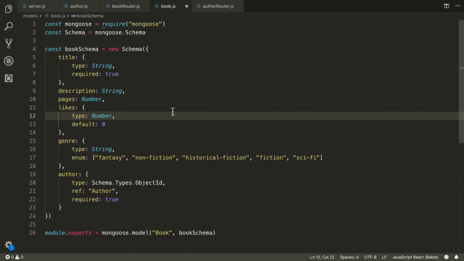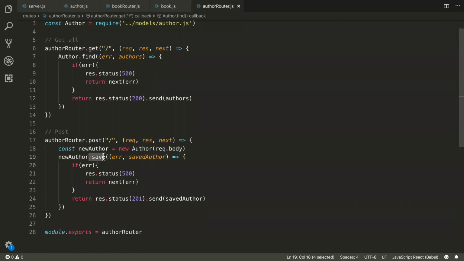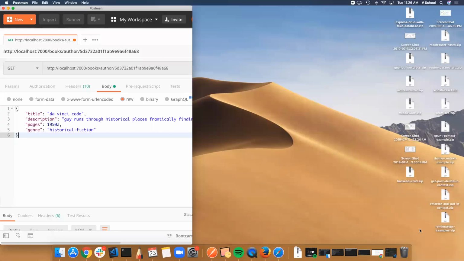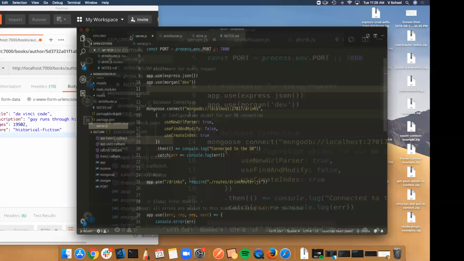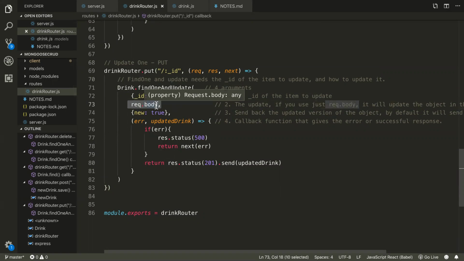Okay, so Mongoose, when we're using routes, there's a lot of these methods like .find, .save. These are querying methods. There's also updating methods. So when we do something like an update, let's look at this other file that we had going. When we're doing an update, like a find one and update, we say, go find this one, update it with this object. If we don't want to update it with an object, if we want to say update this property to be something specific, we can, instead of saying req.body,